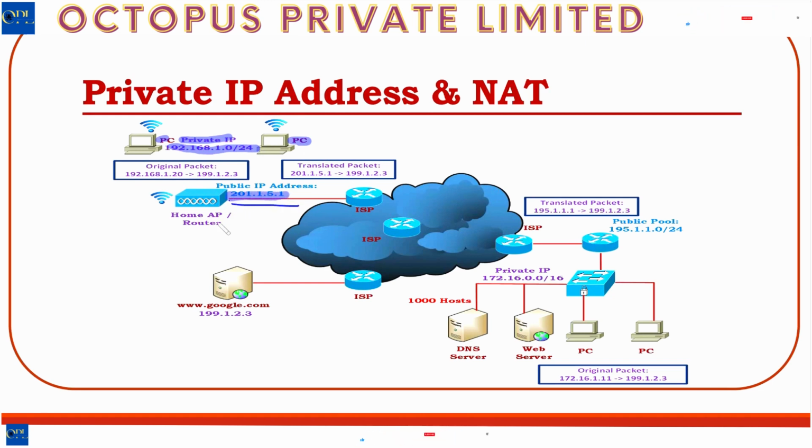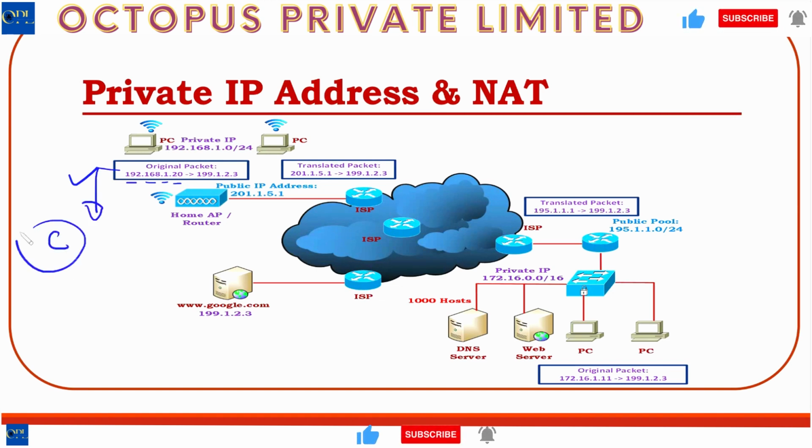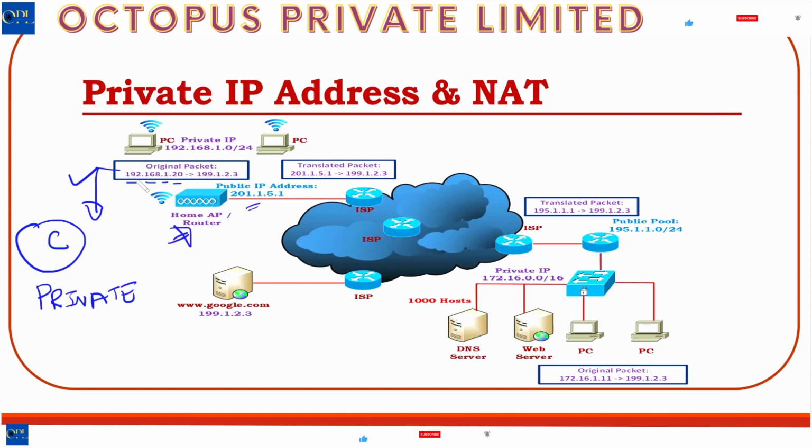So if another end user tries to connect in over here, he will also get an address assigned, let's say 201.1.5.2. If this guy is not using it, he will take that address and assign it to another end user. So this guy could technically get the same address assigned to it if he is not using it for the idle time. Now, once the address is assigned over here, he gets an address of 201.1.5.1 assigned to it. His internal address space that I've given over here is from the Class C range,